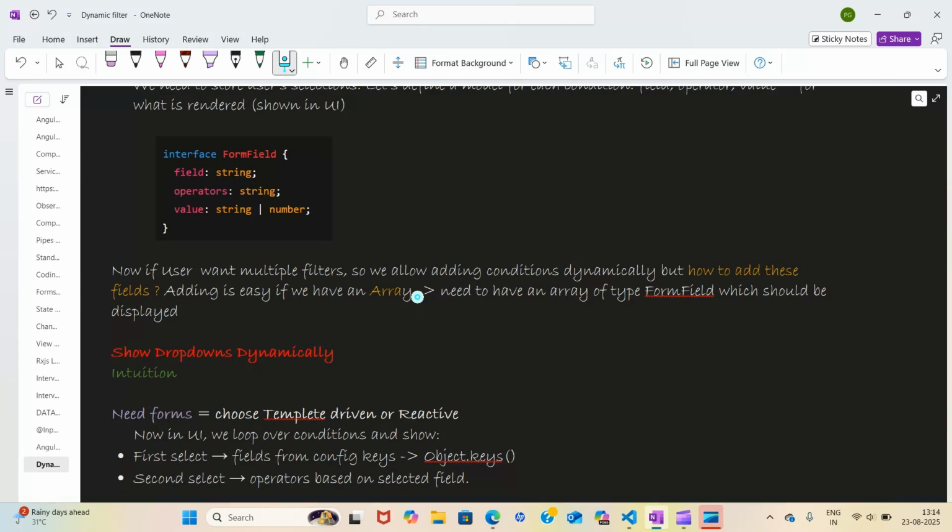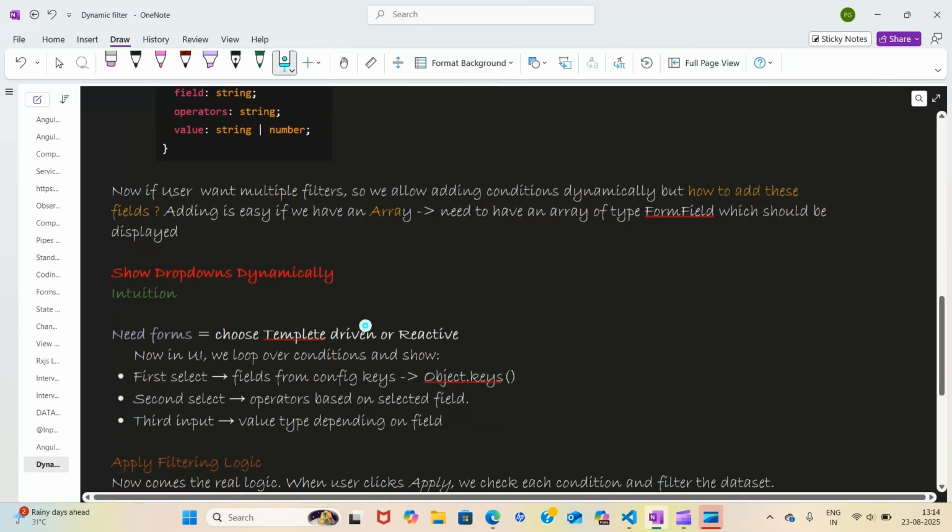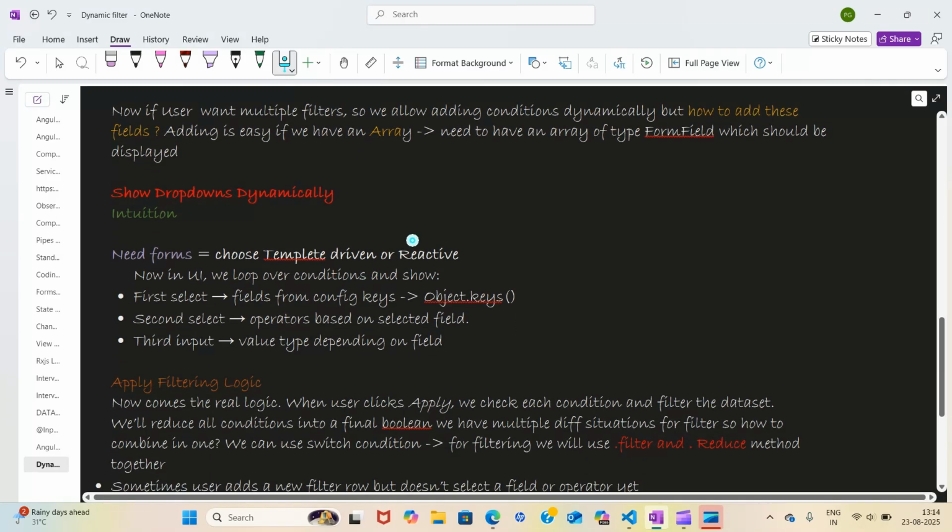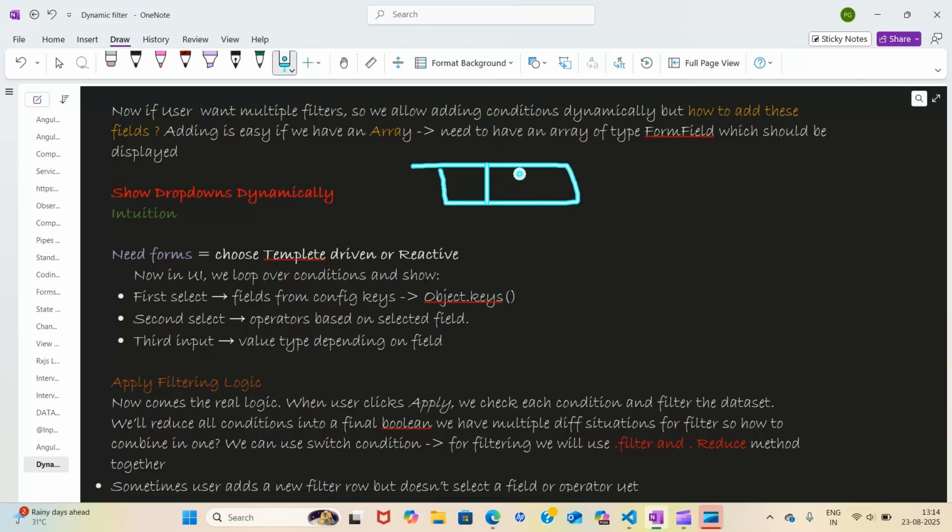So for which properties will I create an array? I will create an array depending on what will be shown in the UI. So in the UI I said that this will be shown, so for this interface of this type only I will create an array. Then for adding items, simply what I need to do is push into that array. Okay. Now this is clear that I have pushed into my array, so initially this is there.